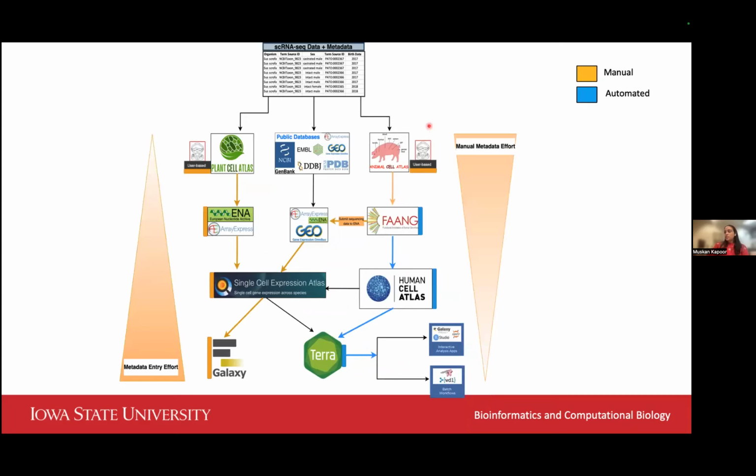So this figure represents the general workflow, where you can see the animal path is much more automated, which was the main objective in our project. And this triangle represents the manual metadata effort. For example, the users have to submit well-defined metadata into the FANG portal and go through rigorous validation checks. And then the manual metadata effort reduces as we go down the lane. So it's quicker, and the data can be shown within Terra in a much faster way.